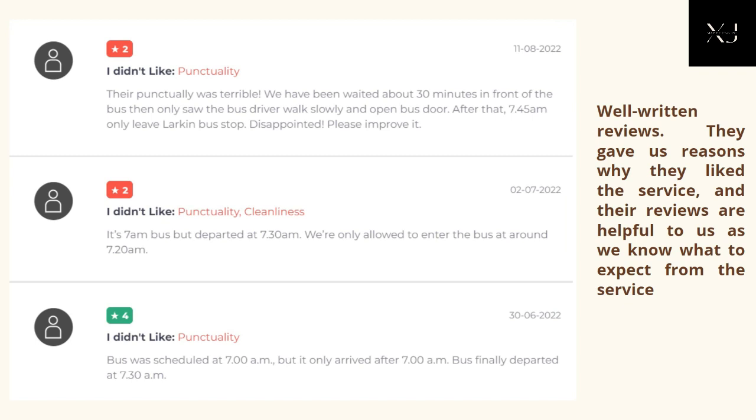Okay, so you can see the next three reviewers right here. They gave us the complaints, the reasoning about the punctuality. Okay, so all three reviewers talked about the buses being half an hour late. Okay, so when you're waiting for a bus to go off, it gets really annoying, especially when it's half an hour. Okay, you could have reached home earlier, but no, the bus is just delaying. Okay, sometimes for no reason. And then you see the first reviewer also talked about the bus driver's attitude. Okay, walk slowly and open the bus door after 30 minutes. Okay, so this type of review is helpful to us because we will know not to choose this bus service